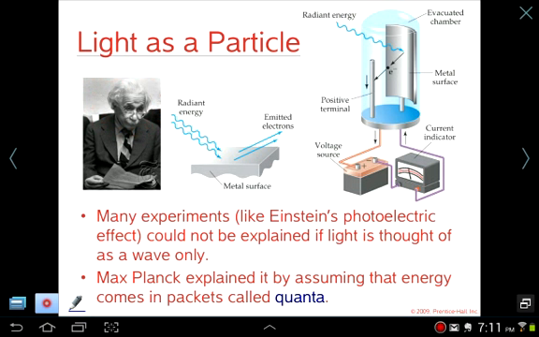In fact, Einstein received a Nobel Prize for something called the photoelectric effect, which contributes to a lot of our understanding of solar cells, for example. Today's technology, a lot of the solar cells is based on the photoelectric effect. So what he showed in experiments is that